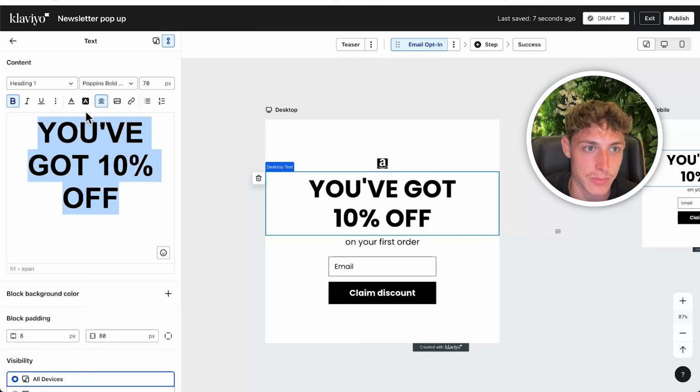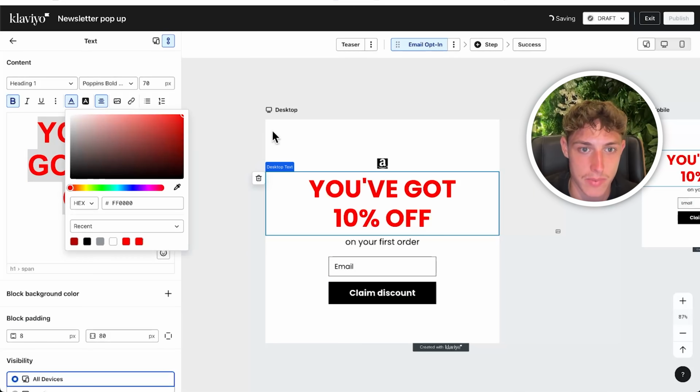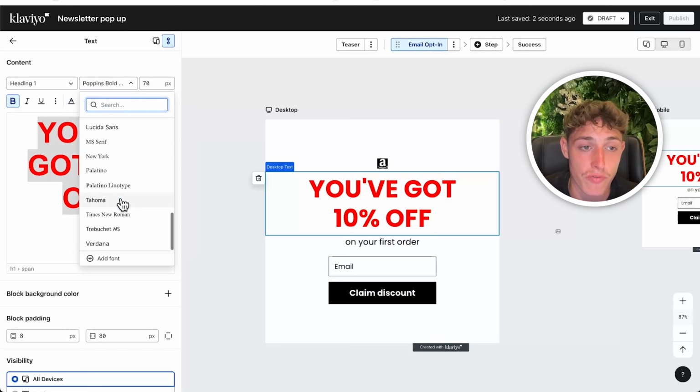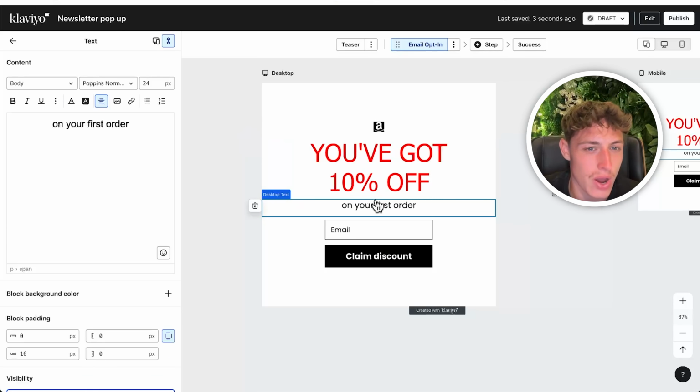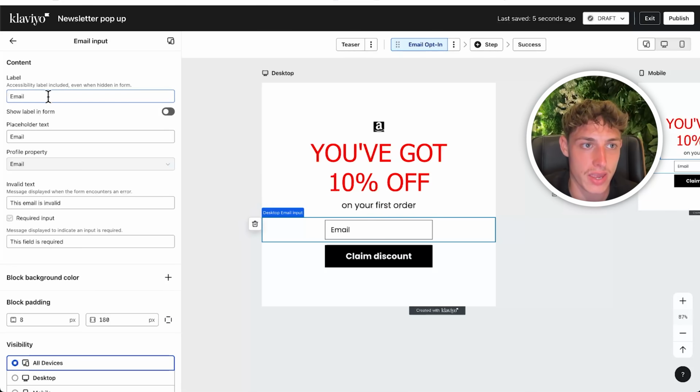Text as well, same as before. You can change all the colors here. Text color, maybe you want it red. Maybe you want to update this to your fonts as well for your brand. Okay, and literally you can just customize all this text. Nice and simple, right? In terms of the email contents here, when it displays this email input, leave this all